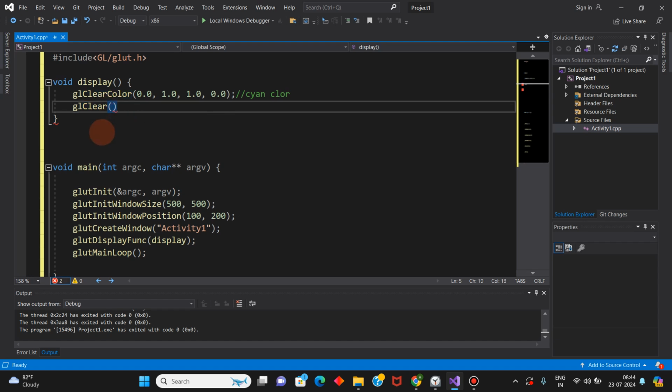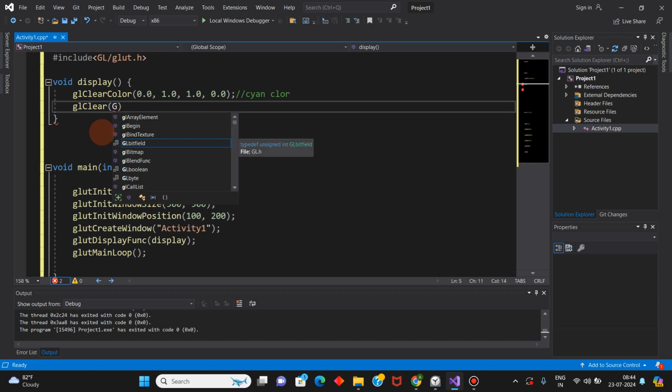Clearing means making all the pixel values the same color in the color buffer or memory. I have explained this as well in the first part of the video series, the introduction part. If you haven't watched that video, please go and check out the OpenGL playlist.